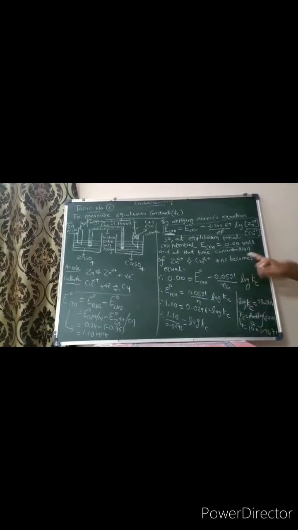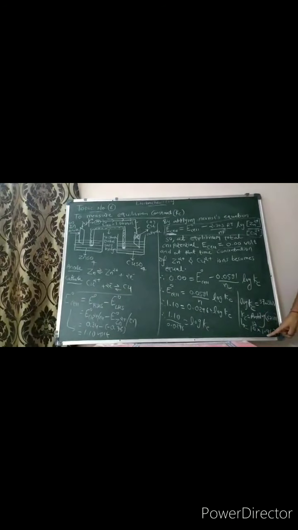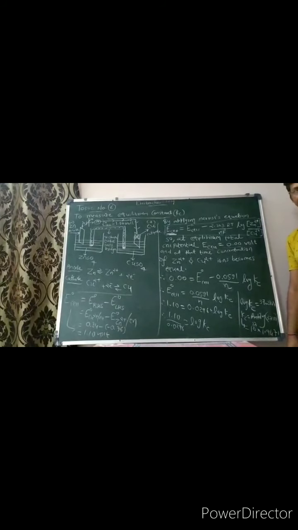Now this log goes to the other side in the opposite direction and becomes anti-log. So the anti-log of 37.2881: the anti-log of 37 is 10 raised to 37, and for the remaining term, the anti-log of 0.2881 is 1.9471. I have already informed you how to calculate the anti-log on a simple calculator also. Okay. Thank you.